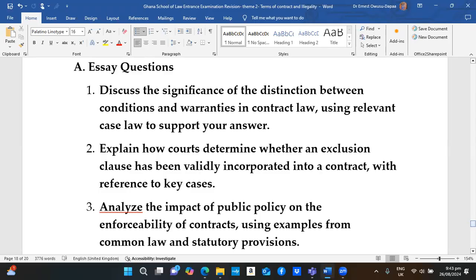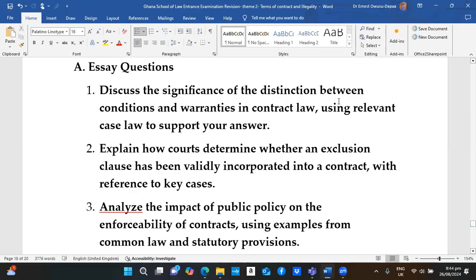Okay, so apart from classifying terms as express or as implied, terms are also of different weights or different importance. So you may classify terms using their relative importance. And on that basis, it is important to remember that for a long time, the position of the law was that a term was either a condition or a warranty. A condition, as you remember, simply means that the term was of paramount importance, going to the very root of the contract. And that meant that if it was breached,